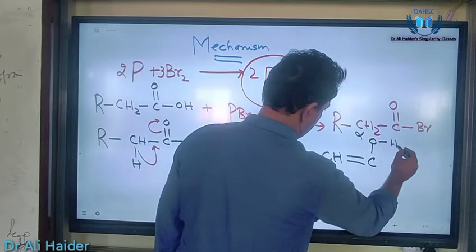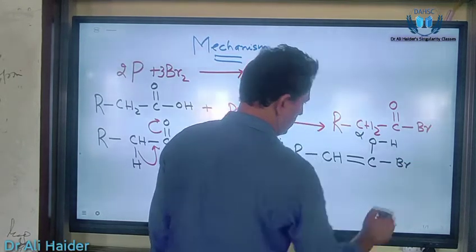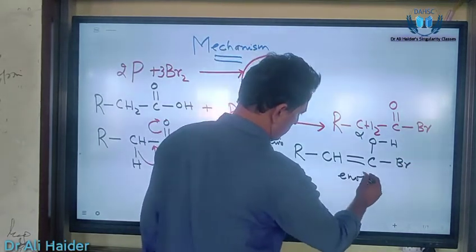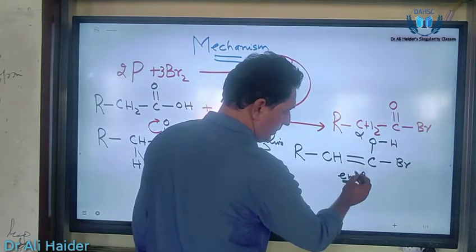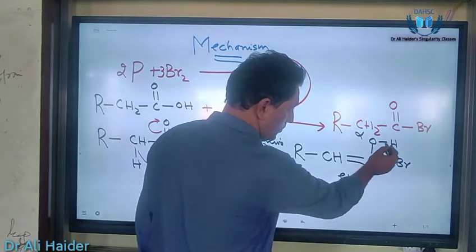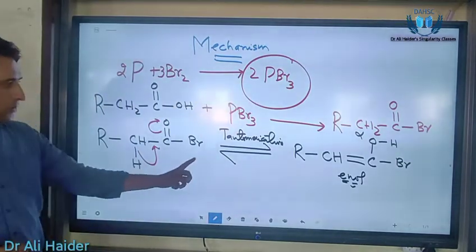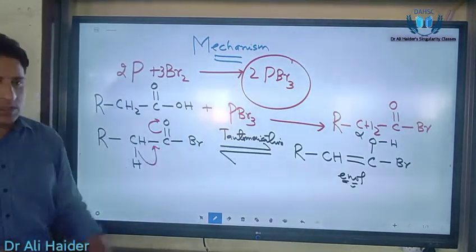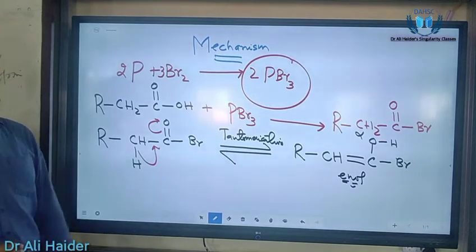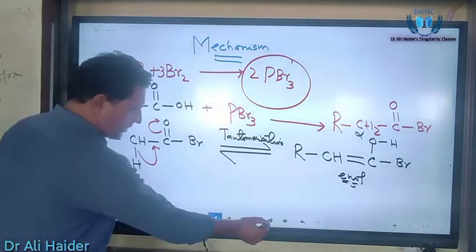COH single bond B. This is the enol form. En means a double bond is here, ol means OH group. You got it? So this is the enol form, fine? So after tautomerization, you end up with this enol form of this acyl halide, right? In the next step,